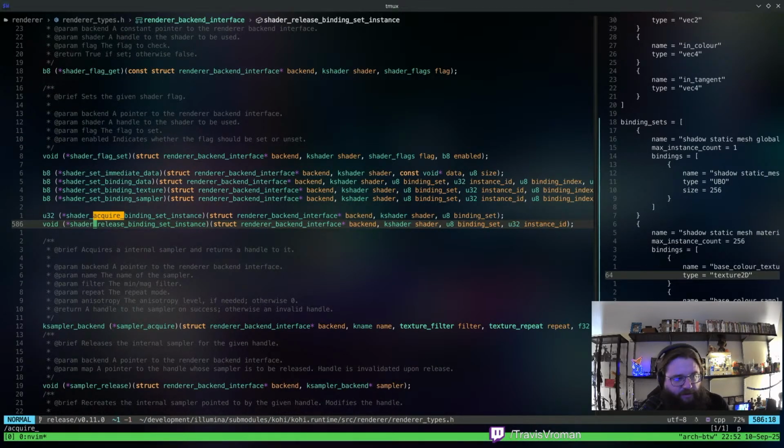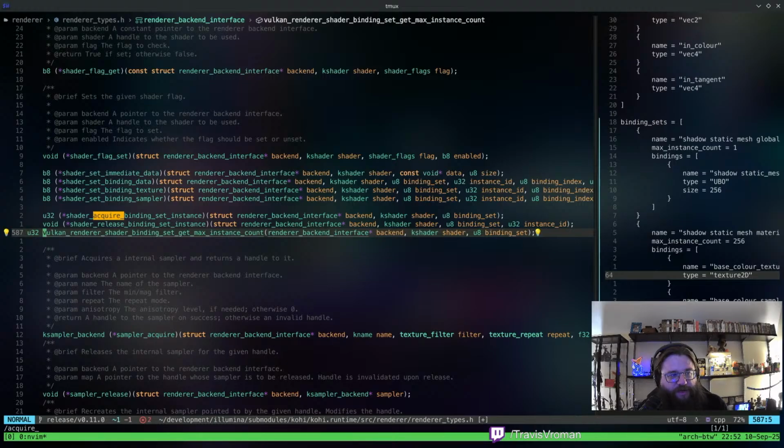So right here is where we're going to put that, and we're going to change this to a good old function pointer. So we're just going to do that. We're going to get rid of the Vulkan and the renderer bit, and we're going to do a struct tag here because that's forward declared, right?